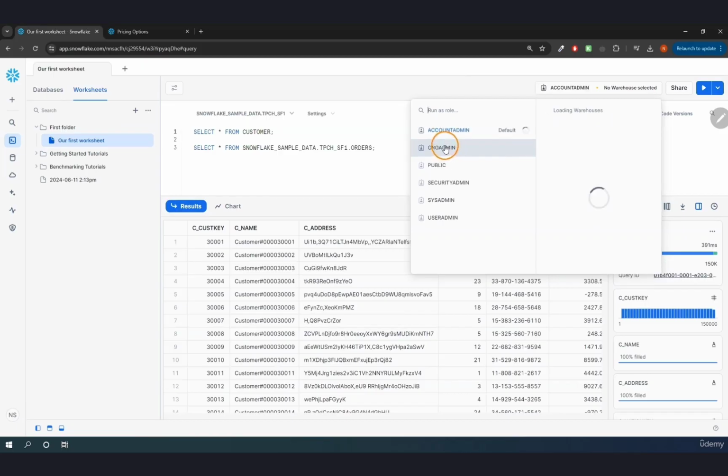But for example, if I use the role account admin, I can see that this warehouse can now be used for our workload. So I can select it and then we have this set up. All right, so this was the first option. And now in the second option, we want to see how this can be done also using the interface and